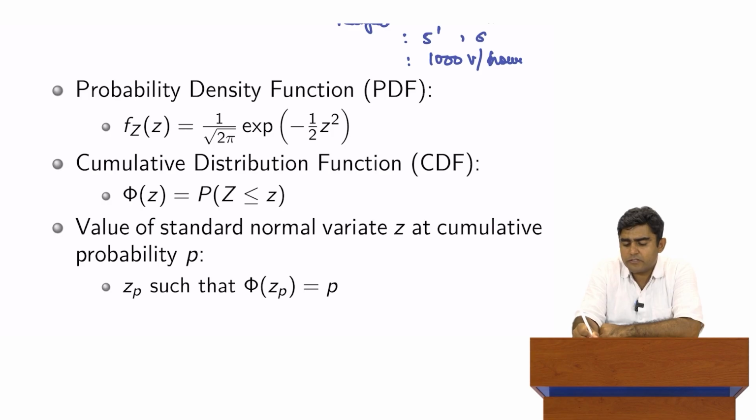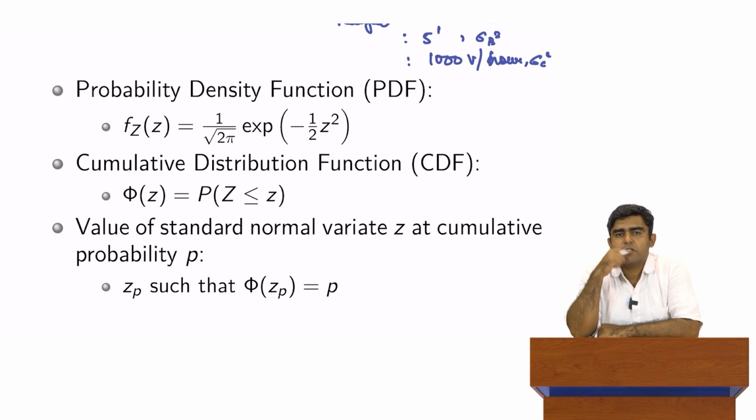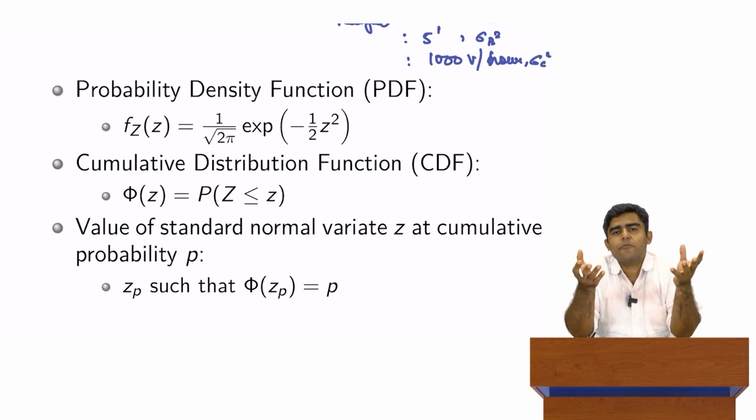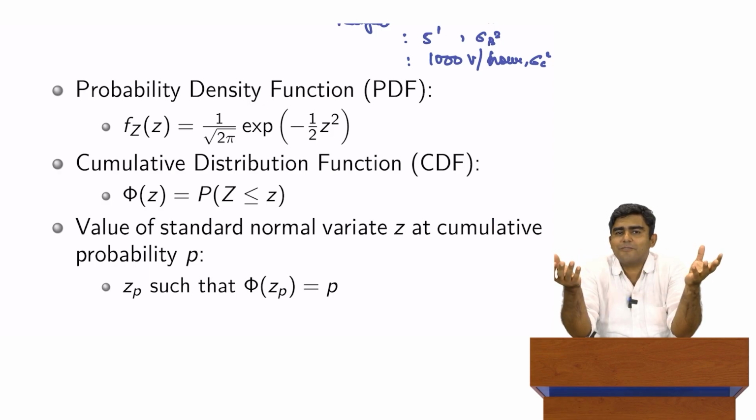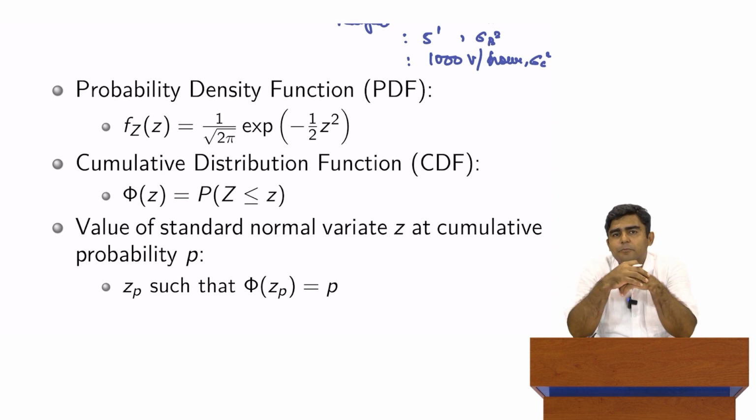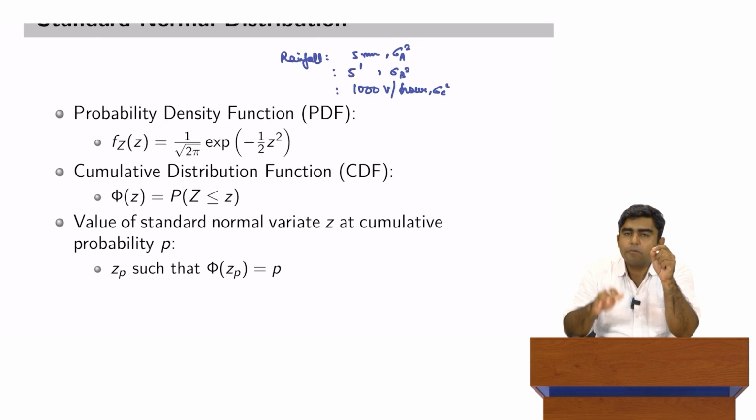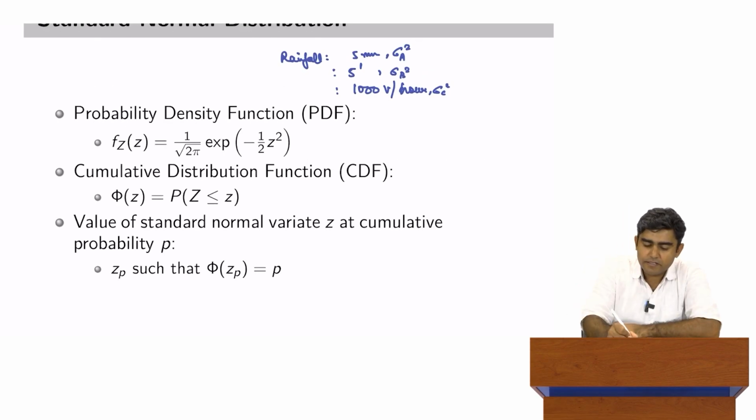We call them sigma a square, sigma b square, and sigma c square for the three situations under discussion. Now, if every data set that we encounter is going to have a different mean and variance, we are not going to generate thousands of tables containing the calculations of probabilities. Hence, we introduce this concept of standard normal distribution, where we say that